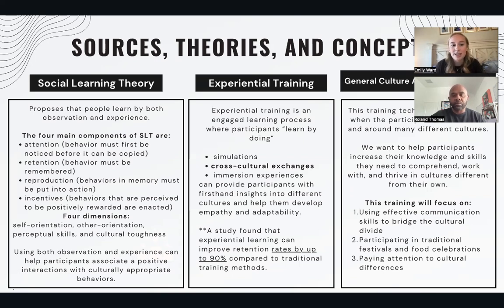So attention, retention, reproduction, and incentives. The four dimensions are self-orientation, other orientation, perceptual skills, and cultural toughness. And then finally, using both observation and experience can help participants associate a positive interaction with culturally appropriate